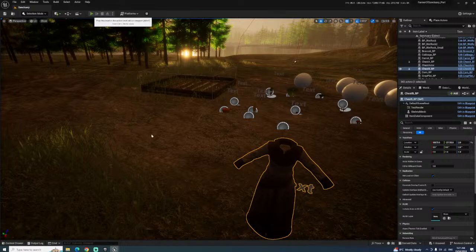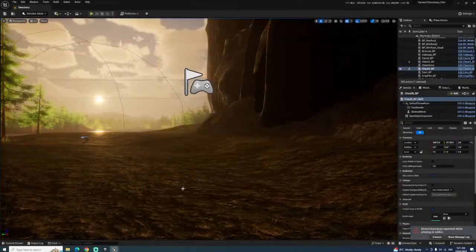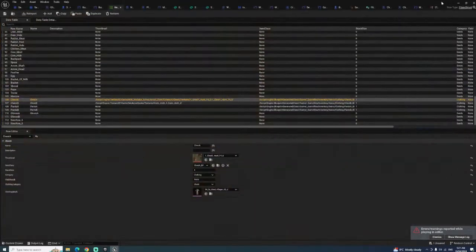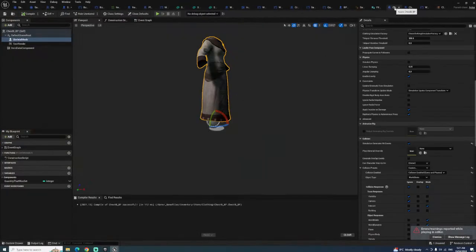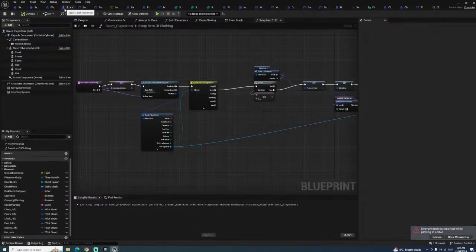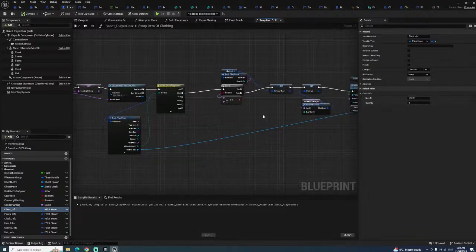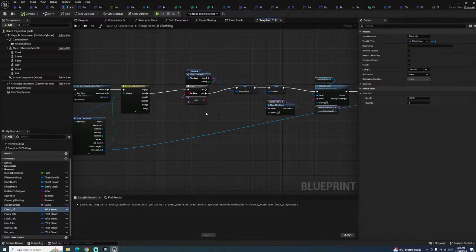Okay, let's get the one that I'm not wearing. Also, for the record, which one am I wearing? I'm wearing chest B. That's what I'm wearing. So, by default, my chest is gonna be chest B. I should get through that, and